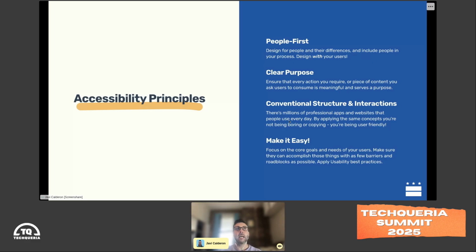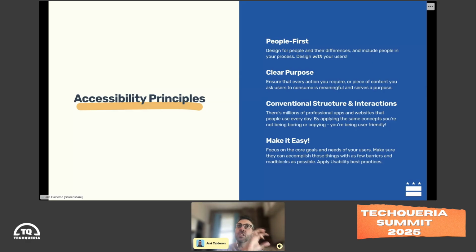And lastly, as a novice or an early designer, technologist, it might be really attractive. Oh, we want to make this our own. We want to make this unique. We want to make this different. Well, guess what? All of our users spend 99.9% of their time on a different app, on a different website, on millions of apps and websites. Right? There's a language to the web. There's a language to these apps. There are best practices and conventions of how we lay things out, how we connect the dots, how we give people that functionality. It is not good to just come up with our own way because we wanted to.